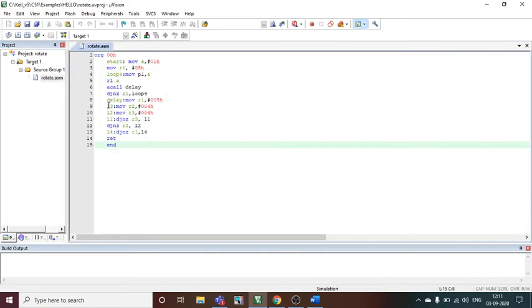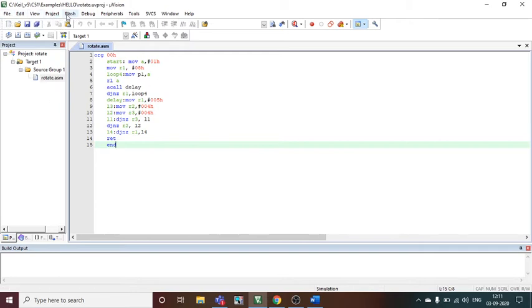Fine. Now see, this is how it looks. There is a delay program, and there is the main RL command for rotating from left to right, and we are setting a counter 08H, and the number is 01H, which we actually want to rotate. So this is how it works.